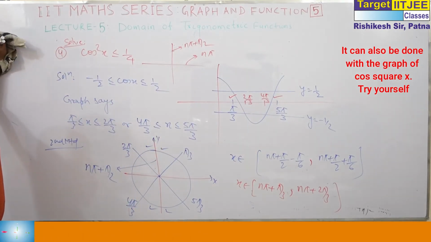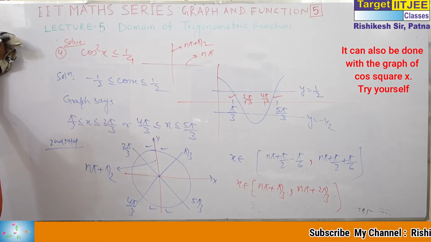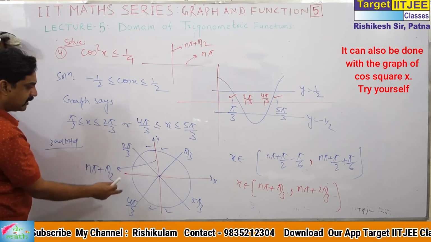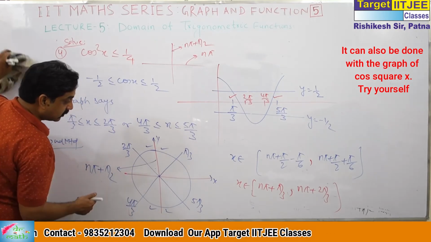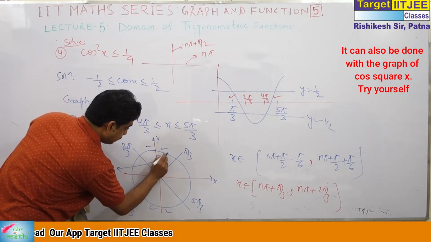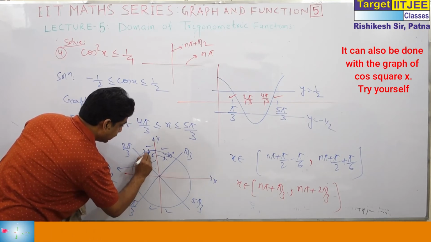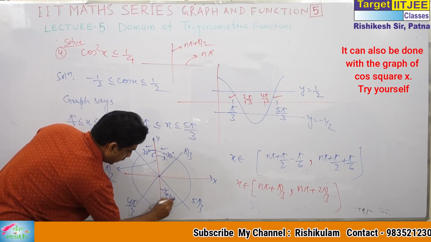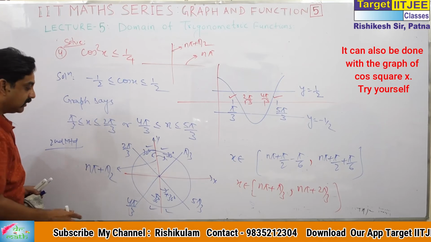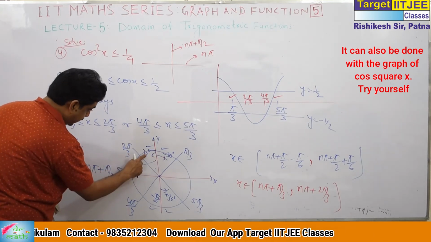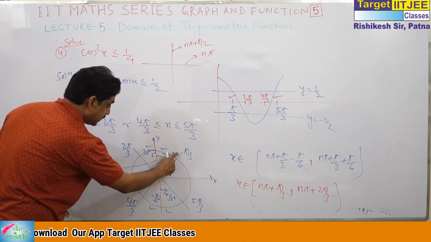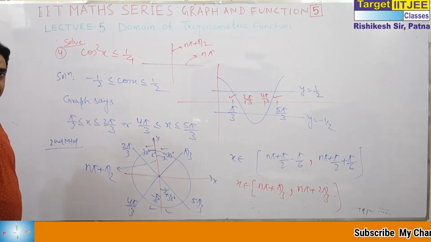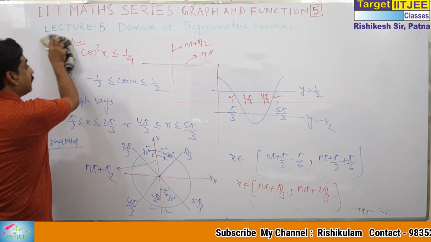That will not create much problem in an option based question. You can guess from the options that the answer is written in this way. Here we have to add 2 n pi, here we have to add n pi. Why? Because this is minus 30 degree from here, plus 30 degree from here, pi by 6. Since this is 60 degree, this is plus 30 degree from here, and this is minus 30 degree from here. So in this line, when we add plus 30 or subtract minus 30, this is the reason and this is the answer. So we have to be alert about the graph.